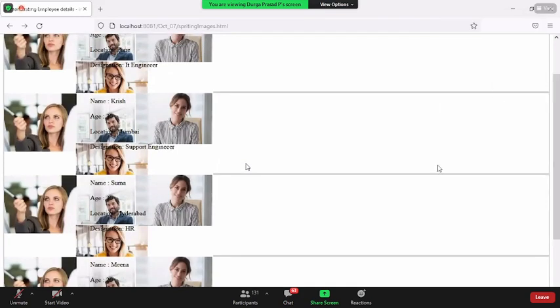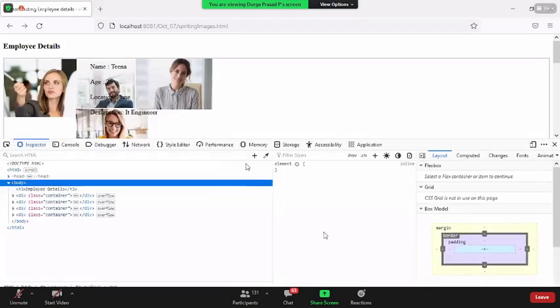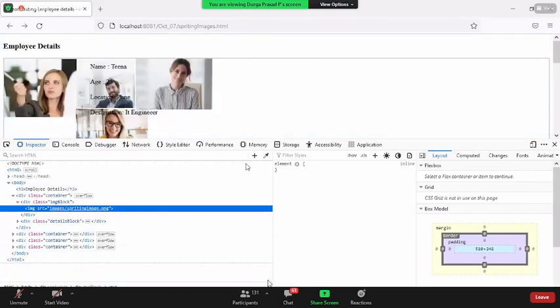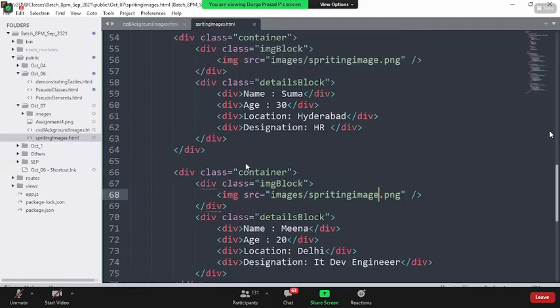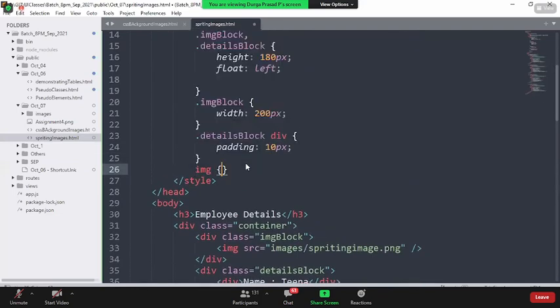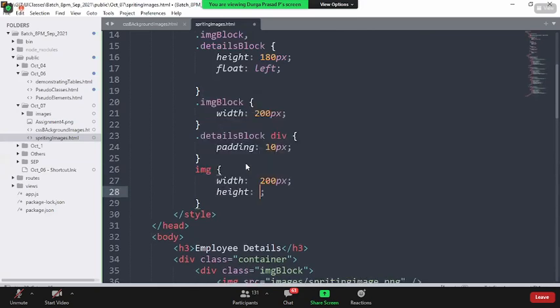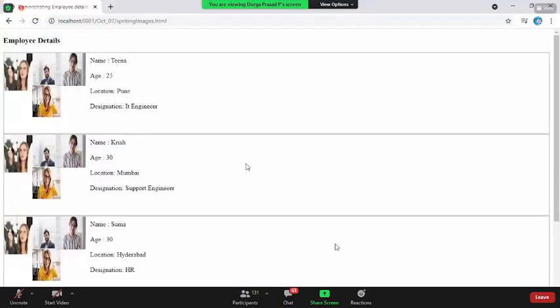What is the disadvantage you see here, guys? When I'm expecting the Tina image, what are the other images doing here? And one more thing, because you had it as an image, I haven't controlled the width and height of it. That is the reason it is occupying this space. Let me say the image has a width of 200 pixels, height of say some 160 pixels. When I give this, all the images in the page are so and so. This is how it is coming.